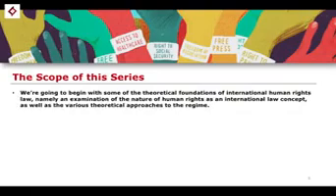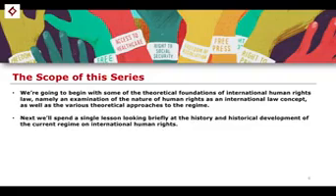We're going to begin by talking about the theoretical foundations of international human rights law. We're going to be looking, for example, at the nature of human rights as a concept broadly within international law, as well as different theoretical approaches to the study of international human rights. And then we'll talk for only one lesson, I believe, on the history and historical development of the current regime. I think it's always important when we look at international law that we look at the history that brings us to the present day, looking at how these things have developed, the motivating factors, and the various agreements that have come and gone since the foundational documents in international human rights.